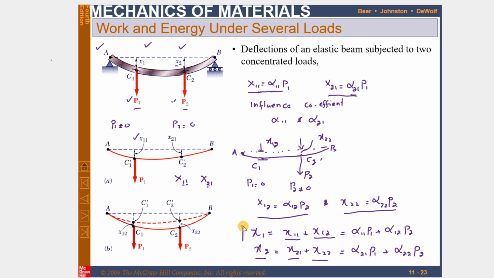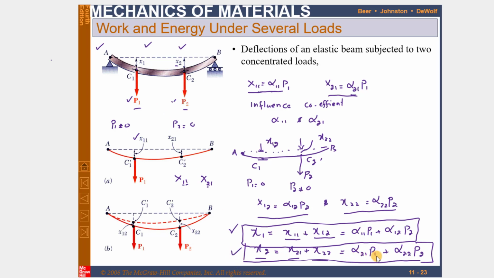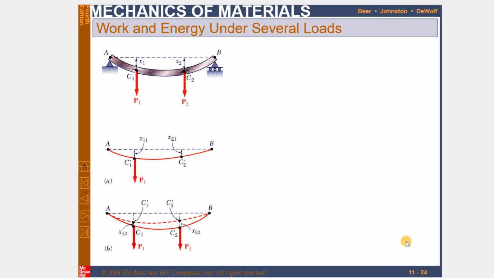So total deflection is equal to this one at point C1 due to load P1 and P2, and total deflection at point C2 due to load P1 and P2 is this one. These are the last terms. Okay, now we will move further